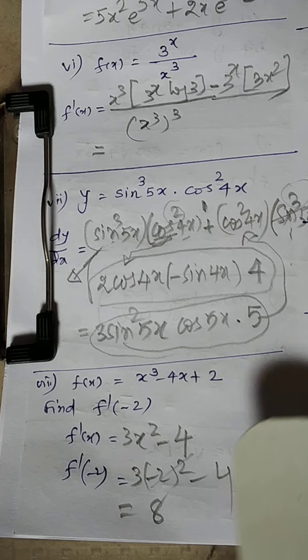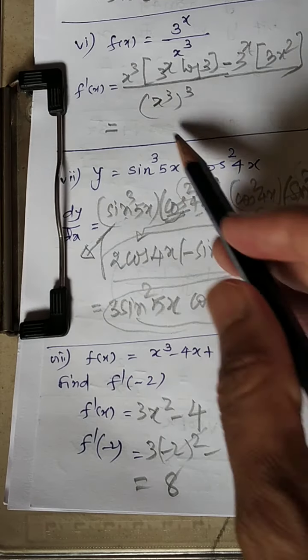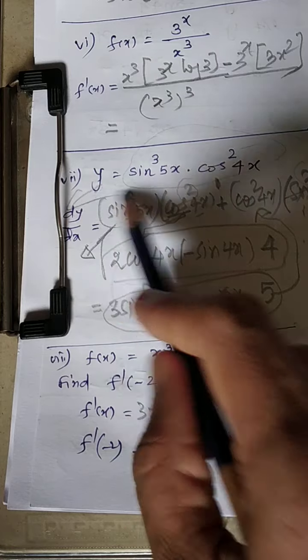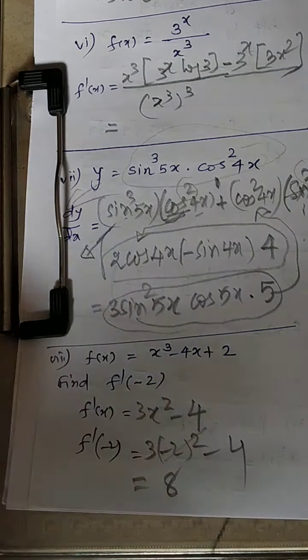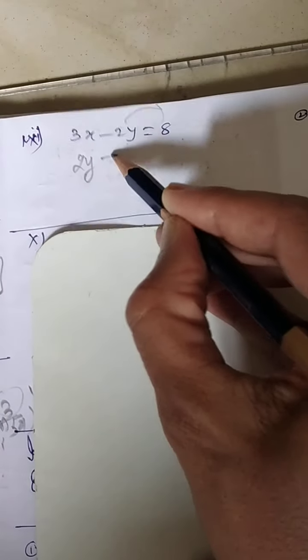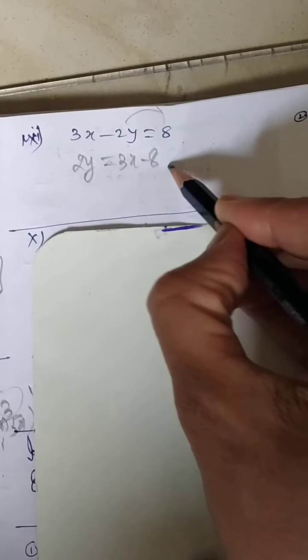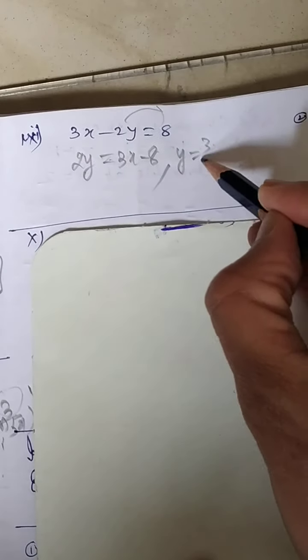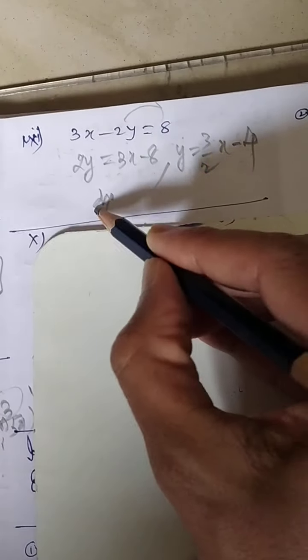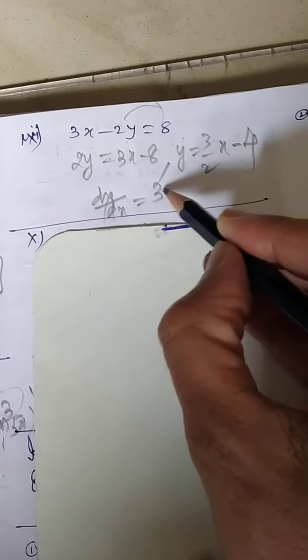So you have seen that most of the time the question will be given as derivative or like this, we are writing y equal to something, so that dy by dx will be equal to 0. In case I have written this question, find out the dy by dx, so in the better way you will be shifting this. So it will be 2y equal to 3x minus 8, or y can be written as 3 by 2x minus 4, and then you can get the dy by dx. What is dy by dx? It will be nothing but 3 by 2.